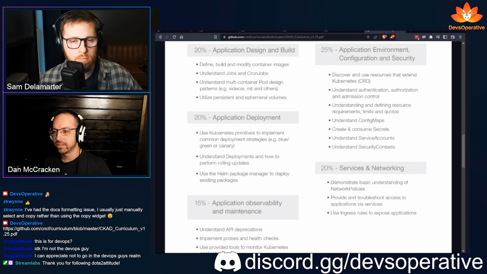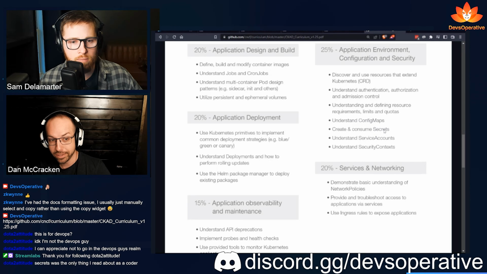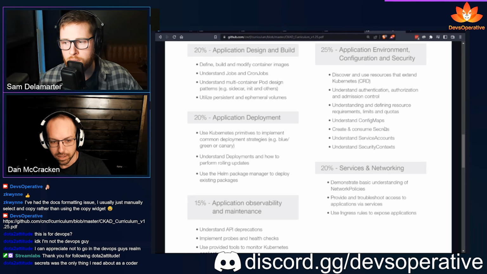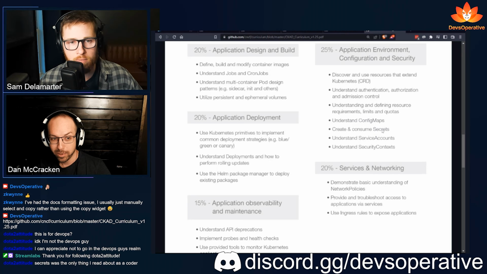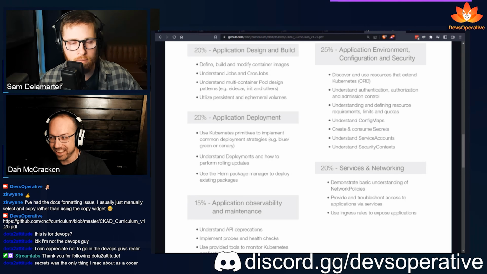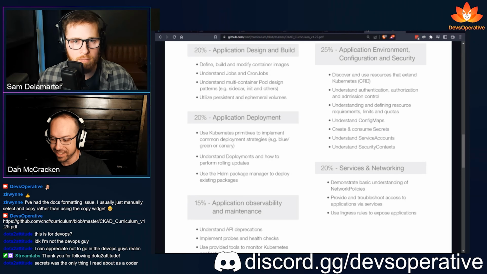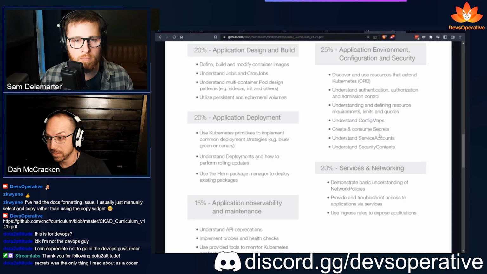Secrets are a thing, but you need to understand what they are and what they aren't. Secrets was the only thing I read about as a coder. Interesting. Yeah, and hopefully what you read about it was they're not that secret. It's just kind of a special zone, and it's just base64 encoded, and then it's not very secret anymore. And then that starts a whole conversation that we're not going to talk about today.